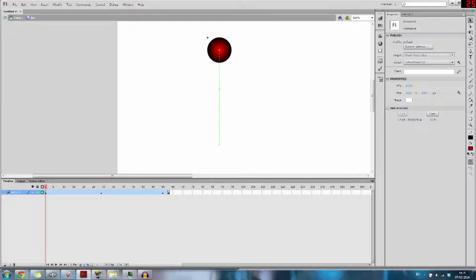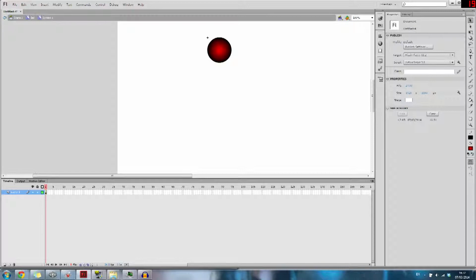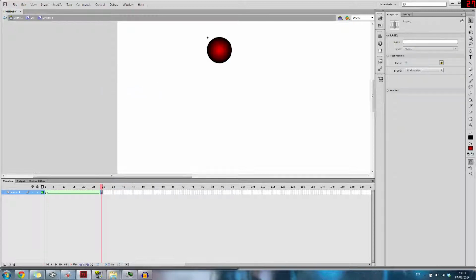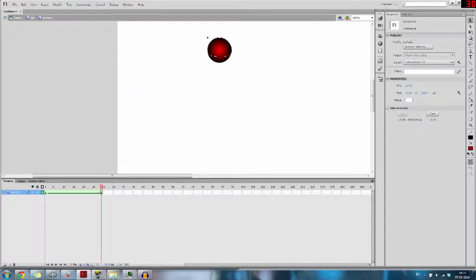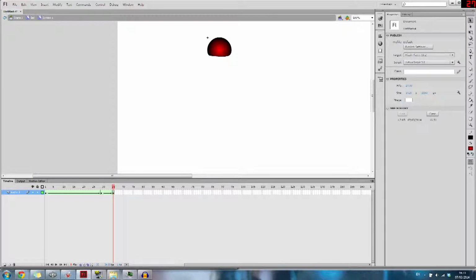So if you double click the ball and then go into it like I've done here, you can then create a shape tween, and at the bottom it highlights the screen. So then if you go into frame 30, probably just a little bit beforehand, you don't have to worry about movement here, and then put the ball a bit down like that using the pointer tool. The reason I've done just before frame 30 is that way it just hits the ground, and then a couple more frames across. If you create a keyframe here and then put it back to how it was,